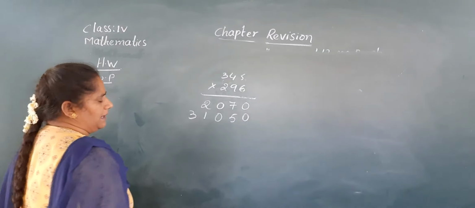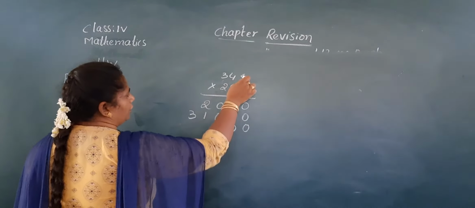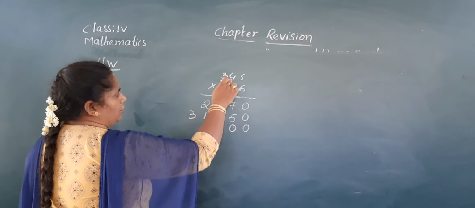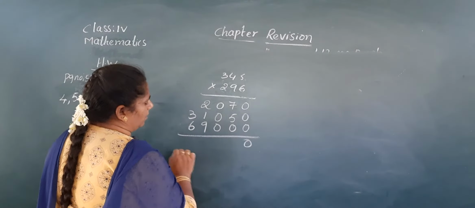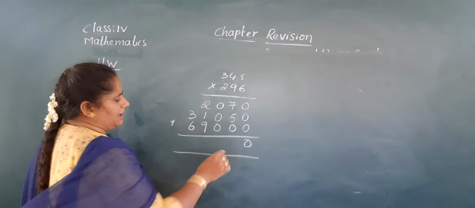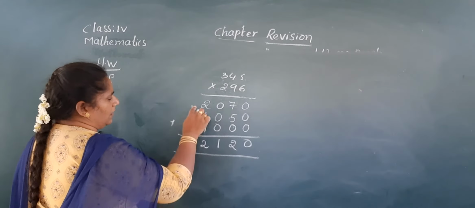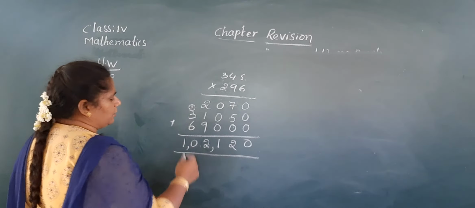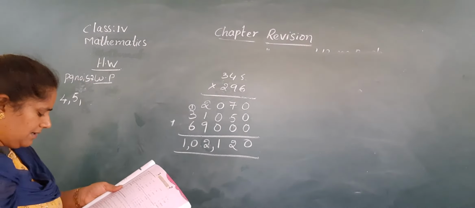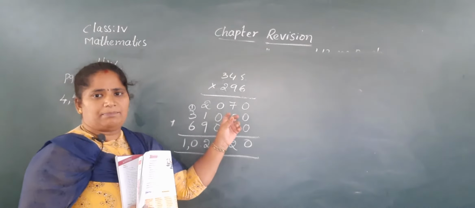So arrange the numbers properly. Now keep 0 in the ones place and tens place. Now start from the hundreds place. 2 5s are 10. 1 in hand, 0 is down. 2 4s are 8 plus 1, 9. 2 3s are 6. 7 plus 5, 12. 1 in hand, 2 is down. 1 plus 2... 3 plus 9, 12. 1 plus 3, 4. 4 plus 6, 10. So the answer is 1,02,120 rupees. The cost of 296 bus tickets is 1,02,120 rupees.